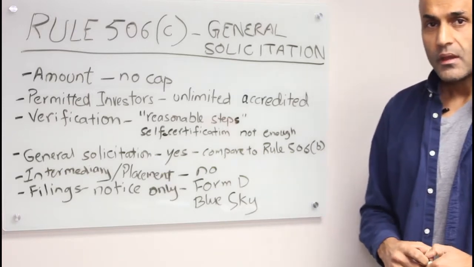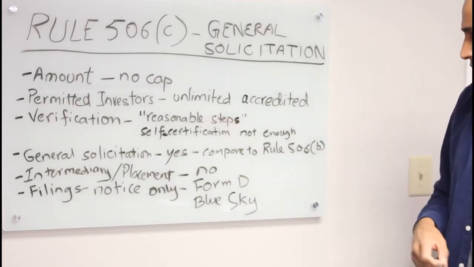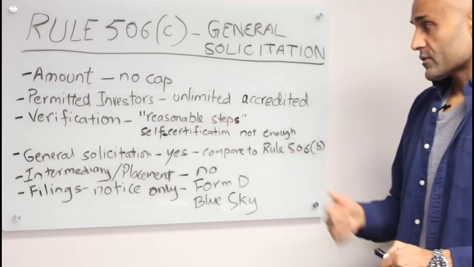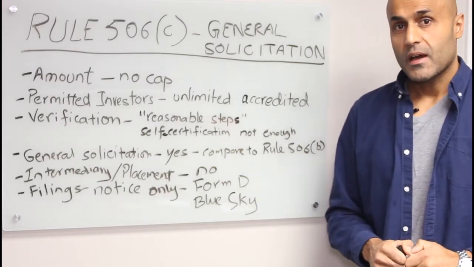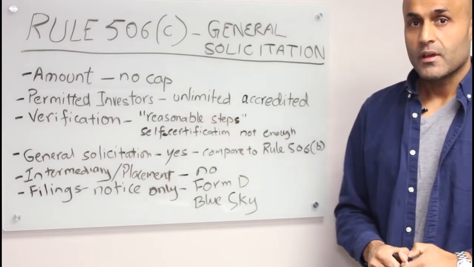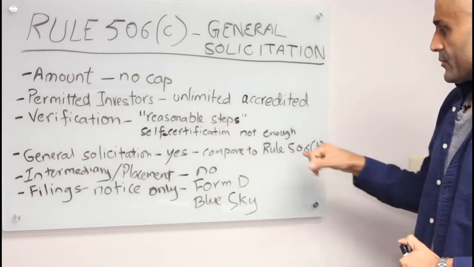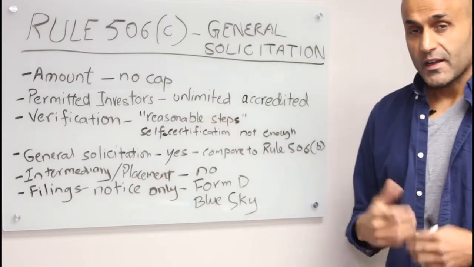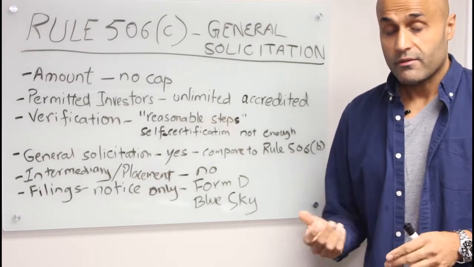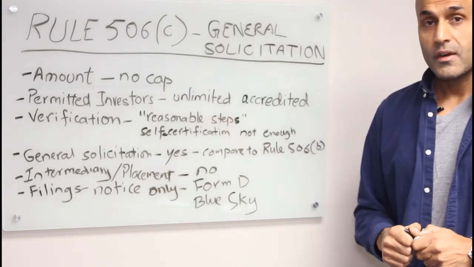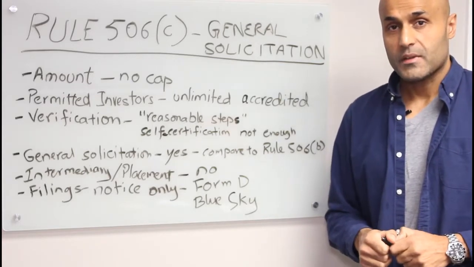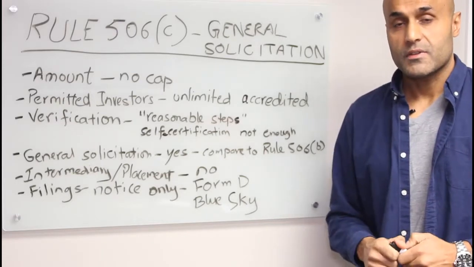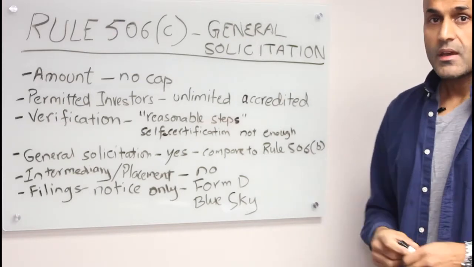internet. If you compare that to a Rule 506B offering, which doesn't allow general solicitation, it does have other benefits. For example, you could have up to 35 quote-unquote sophisticated investors that are not accredited. There's no definition of what is sophisticated, so that again is your responsibility as the issuer to make sure they in fact are sophisticated enough in their knowledge of business and finance to understand the risk associated.